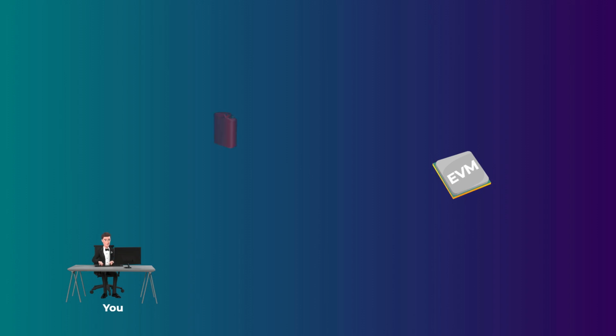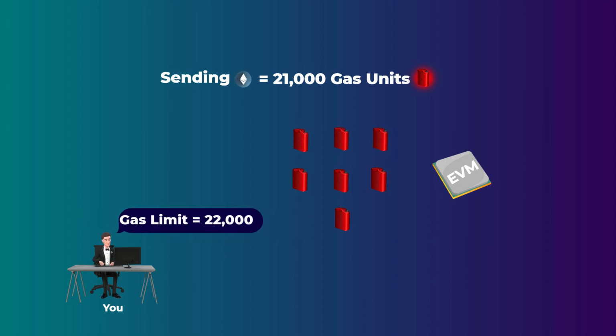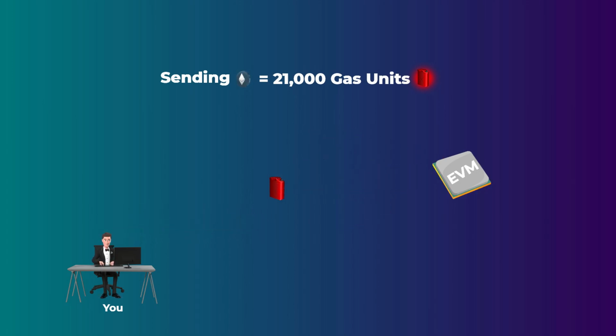If you know how many gas units your transaction needs and you set up the gas limit higher, the EVM will consume what it needs to do your computations, and the rest will be refunded to you. For example, if you are sending some Ethereum to a friend, you know that a transaction like this needs 21,000 gas units. So let's say that you set the limit to 22,000 gas units. What will happen is that the EVM will consume 21,000 gas units, and you will be refunded the extra 1,000